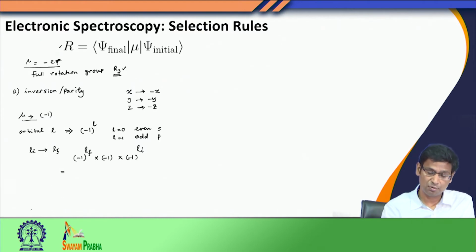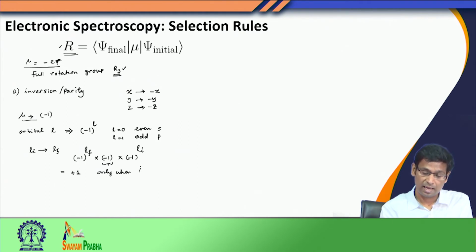Because I have this minus 1, and I am supposed to get plus 1, because the total electric dipole transition dipole moment must be totally symmetric, I should get plus 1, and this is possible only when